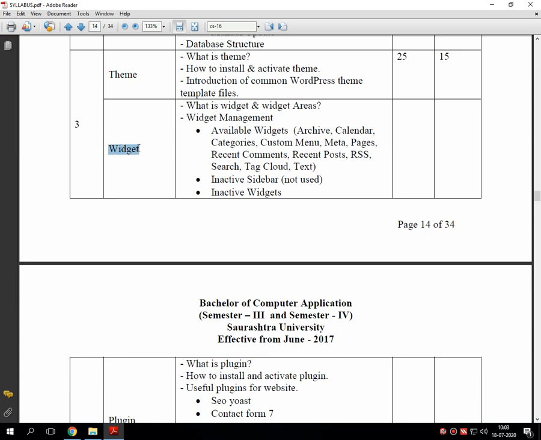In section number 2, which is called widgets, details to be discussed are what is widgets and widgets area, and widgets management.